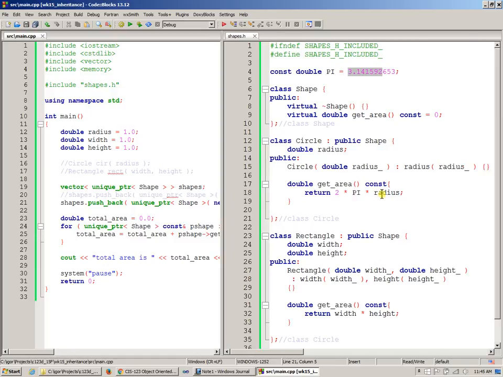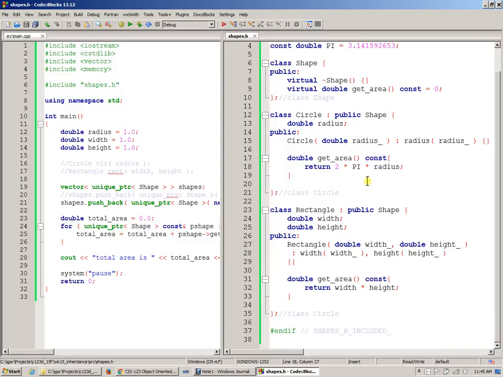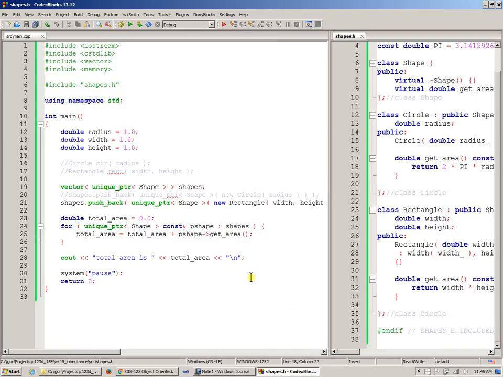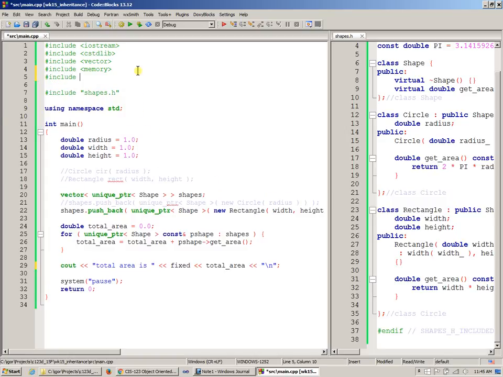This is good enough. I can perhaps improve my output by changing the total area to say that I want a fixed floating point format, which is done with the fixed manipulator in front of my output. And for this, I need to include iomanip, I think that's the header. Yes. Let's build this, and if I run it,